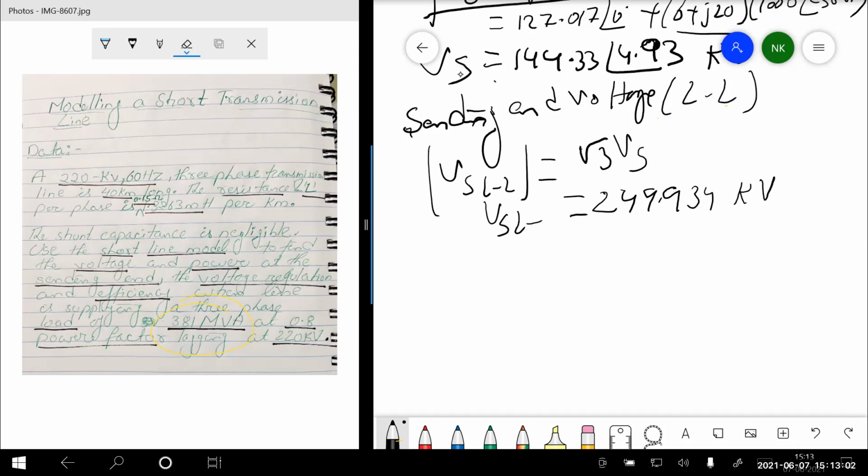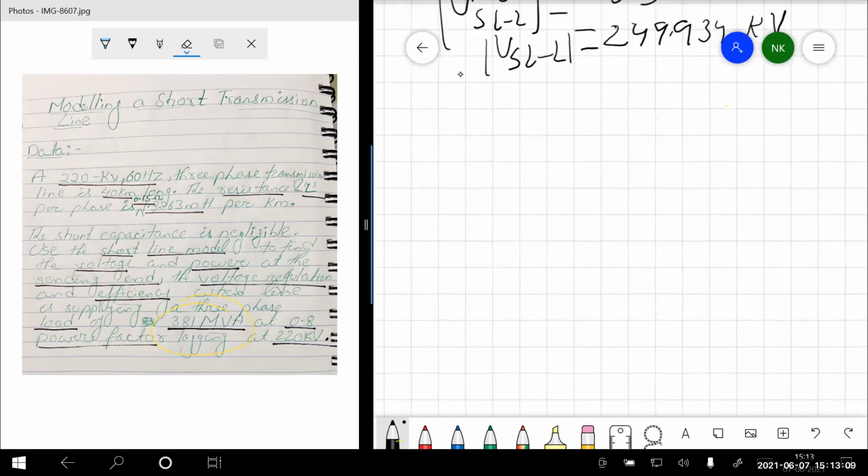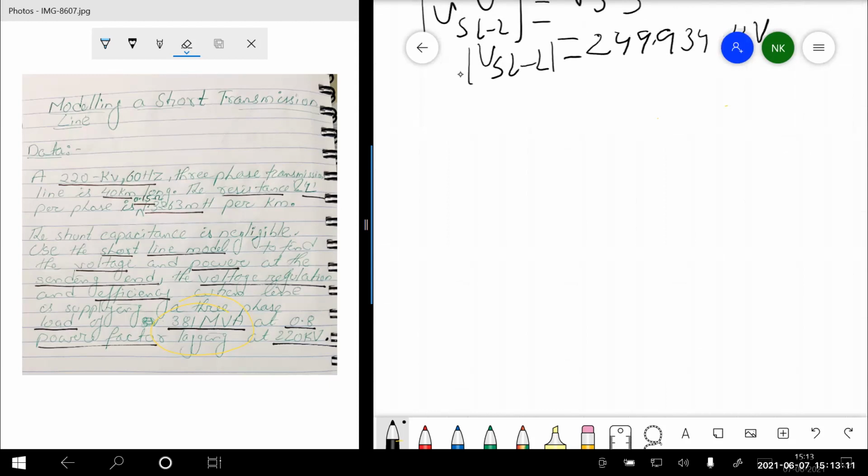This is the line to line voltage. Now we have this VS. Now we'll find